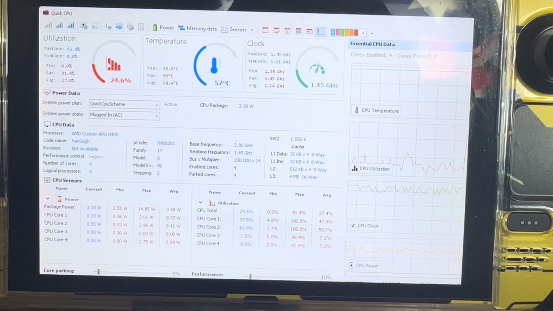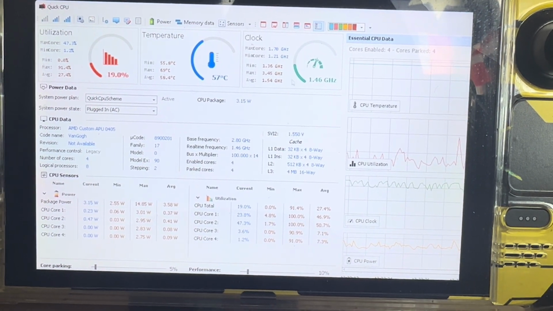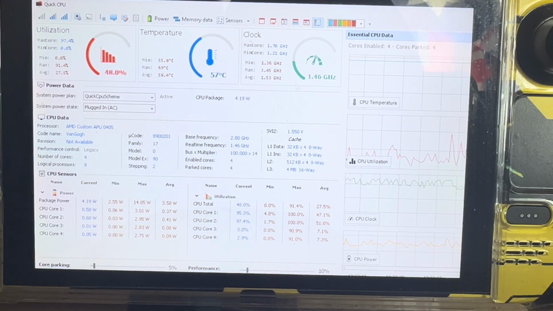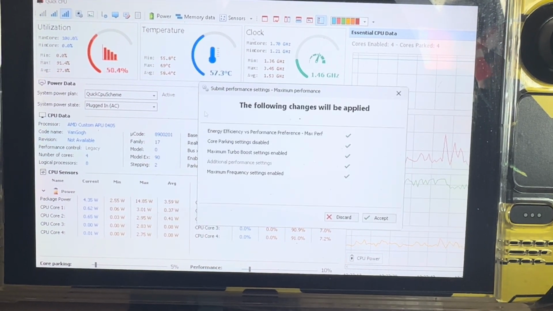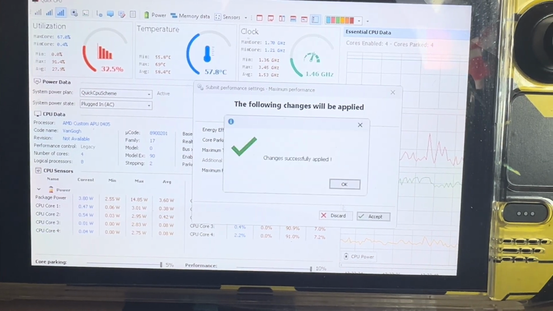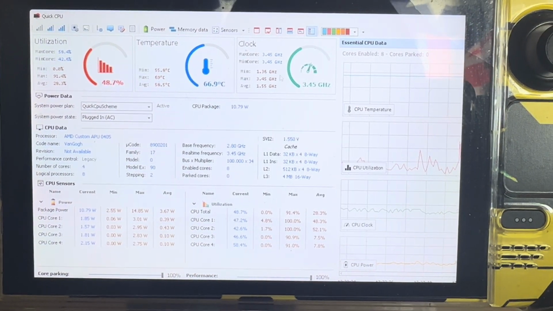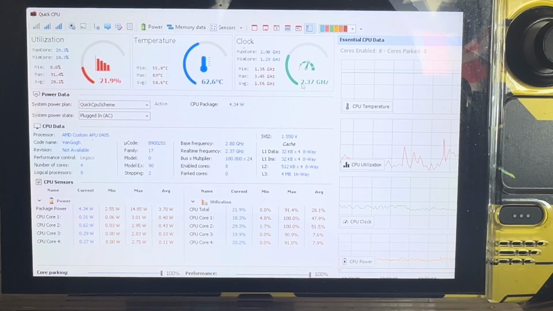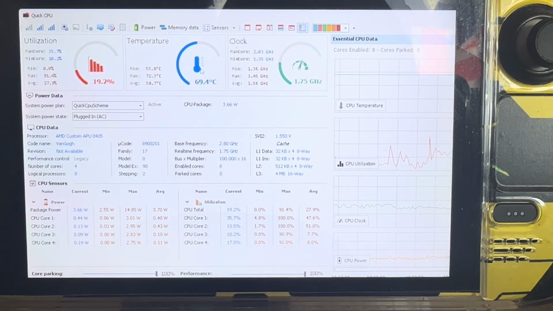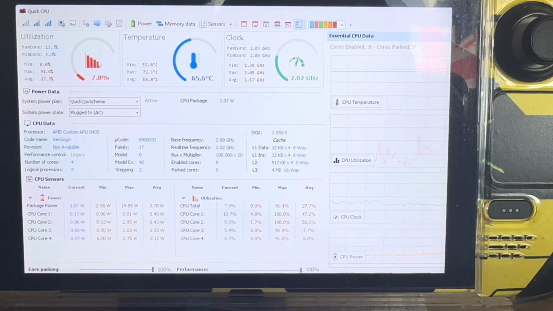So that's the utilization for RAM, temperature for CPU, and the clock. At the moment, I'm actually doing minimum. But if I click on maximum, you see it's going to go to maximum performance. That's like ultimate performance, and look what happens. It actually went to 3.52 gigahertz, 1.82 gigahertz again, 70 degrees Celsius, it actually goes up, and 13,